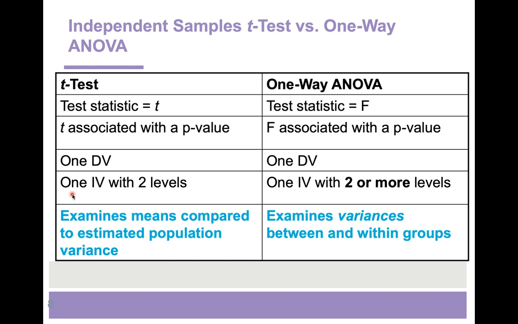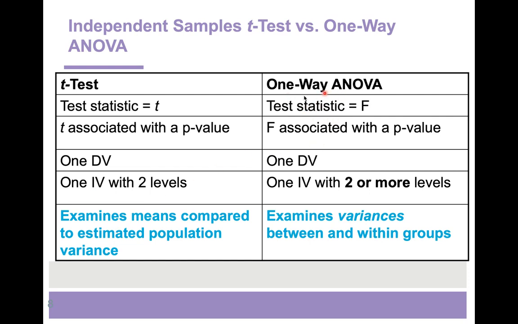Okay, so to summarize once again, our t-test is a situation where we have one dependent variable, one independent variable, but that independent variable has 2 levels. So 0 versus 10 milligrams,